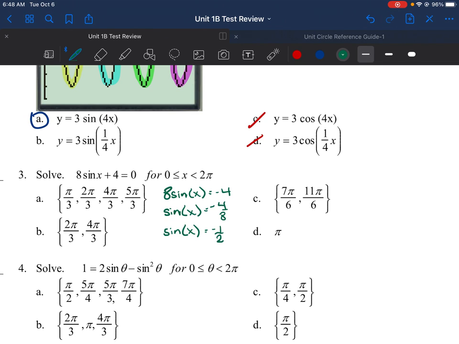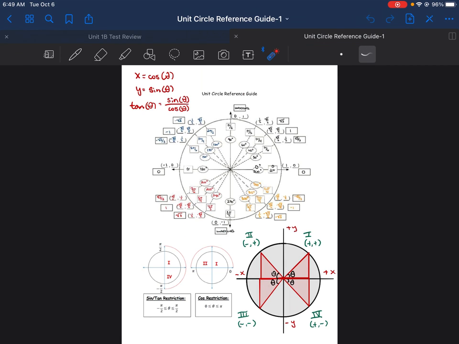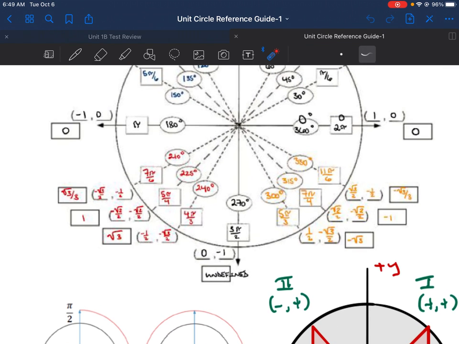And what we're looking for is x, an angle between 0 and 2 pi. X will be the angle that is the inverse sine of negative 1/2. So that means we're looking for all angles between 0 and 2 pi that have a sine value of negative 1/2. Well, if we jump over to our unit circle, and remember that the sine value is the y value,